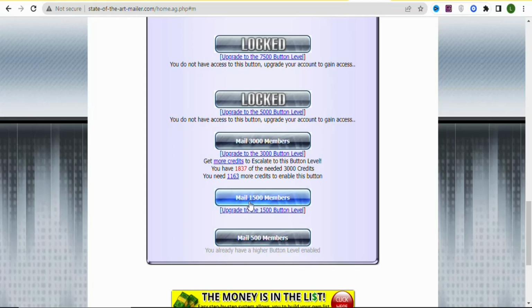In this case, you can see I've sent to 500 members. Now my level is 1,500 members, so I have to earn more credit to unlock the next option. You can see this is the amount of credit that I have to earn to unlock this particular option. Right now my level is the second one, so I'm going to be using that one to advertise. I'm going to click on it so that I can send the email